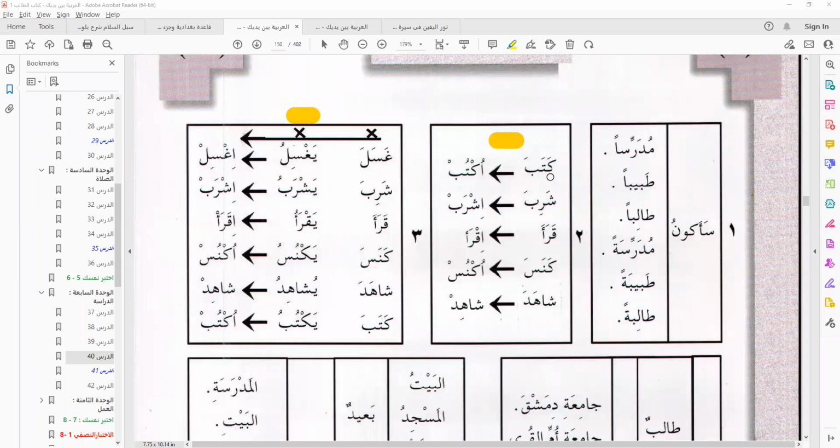Then the previous table, Kataba, Yaktub, Uktub, Shariba, Ishrab, Qara'a, Iqra', Kanasa, Uknus, Shahida, Ishhad, Ghasala, Yaghsil, Ighsil. Good.